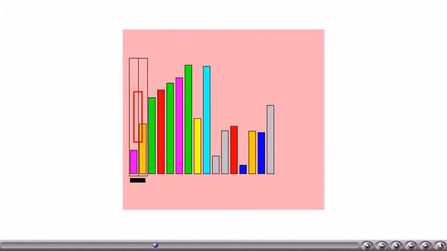Now, at the deepest level, we are considering a set of two adjacent elements, and if they are already in ascending order, we do nothing. We just maintain them as they are. In this case, the two bars we have taken are already in ascending order. We need not exchange them.